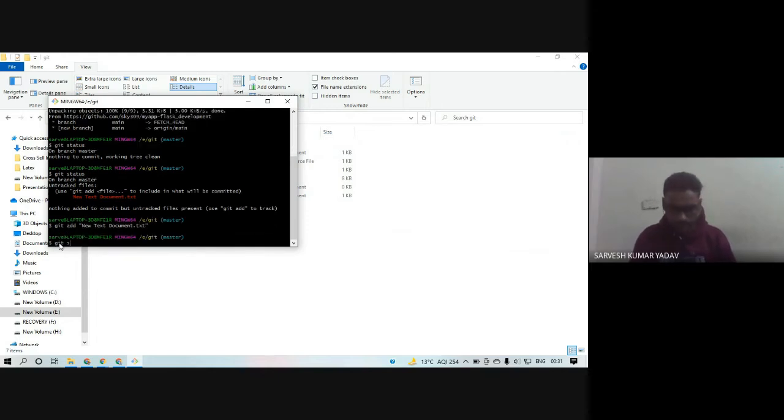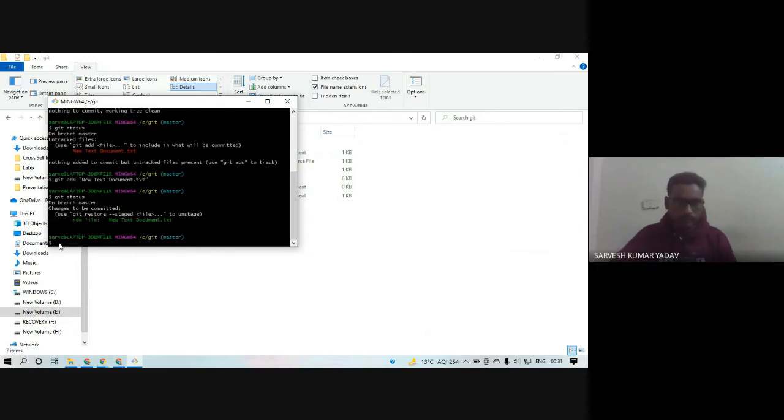Now check the git status. Changes to be committed, use git restore --staged. It means these files are staged and ready to be committed. So committing these files means saving these changes.